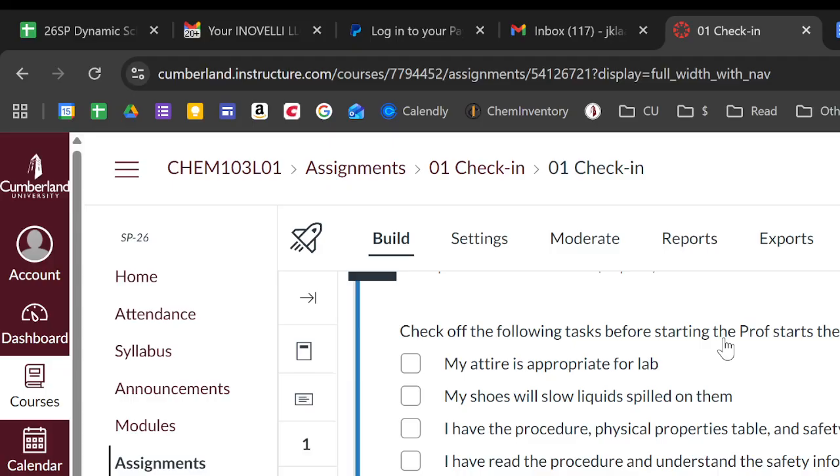Food and water. If you brought a water bottle and it can close, you can put it on the top nook. That's fine. Just put it far back so it doesn't get used for anything and nobody pours anything in. Okay? If you bring food, it can go in your bag, but I would really recommend not bringing any open food or drink inside of this lab. If you're going to bring it, leave it out in the hallway right behind this door here. Okay? And that will keep it from getting mixed up with anything in the lab.